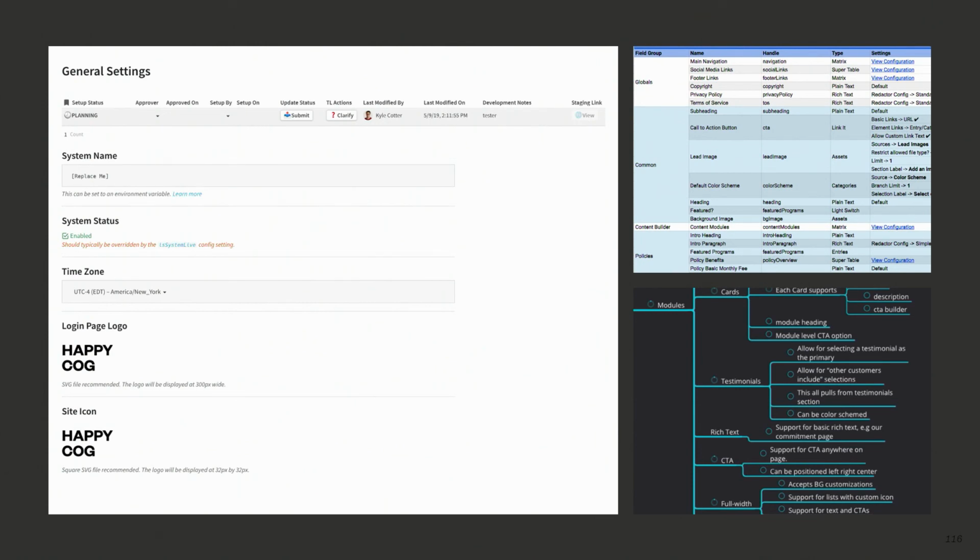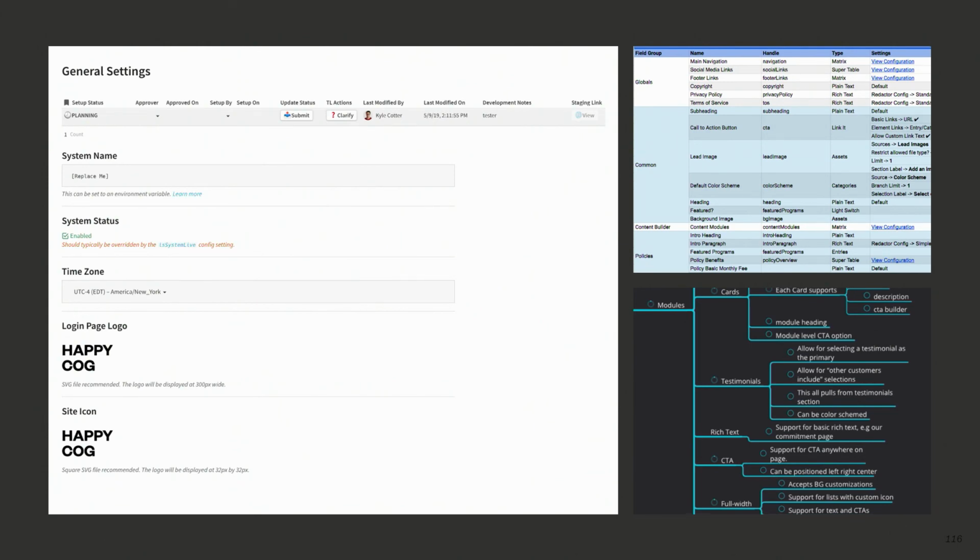And the cool thing with this is if you have a large team within Coda, you can actually define checking when things are approved or need to be reviewed. And we have this whole process so that the developer who's creating the content model will submit it to the technical lead on the project, and then everyone can get feedback, and there's commenting and whatnot, which you would expect from a piece of software like this.